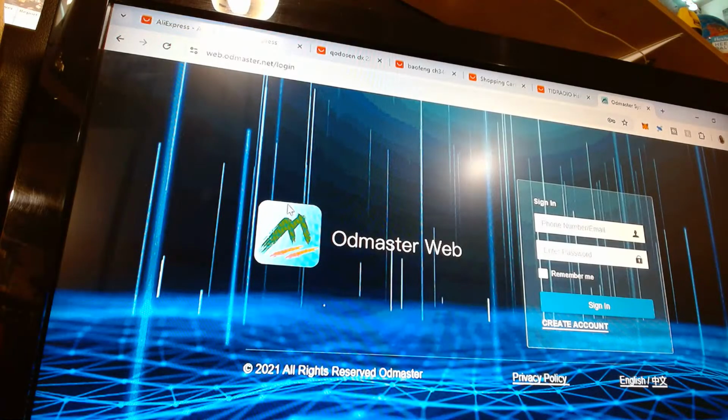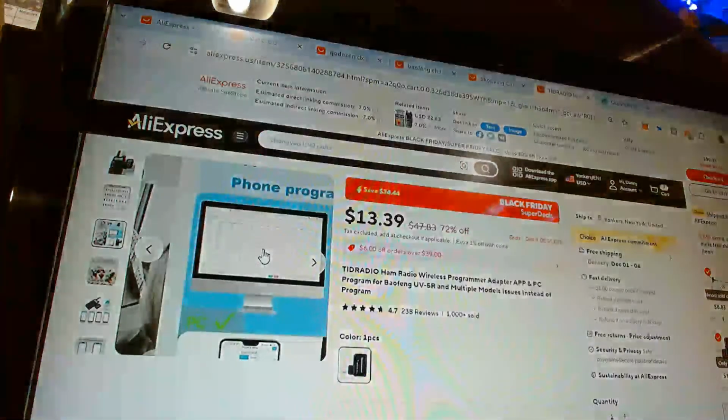I haven't tested that yet, but I know it's the exact radio as the Baofeng K6. If it works there, maybe I'll try that one next. Anyway, this is the web app for this dongle.